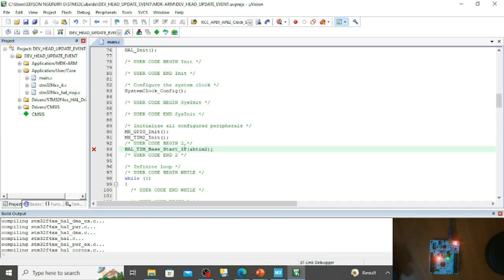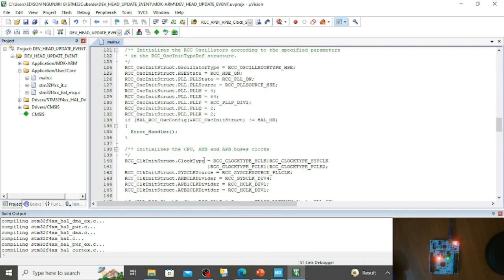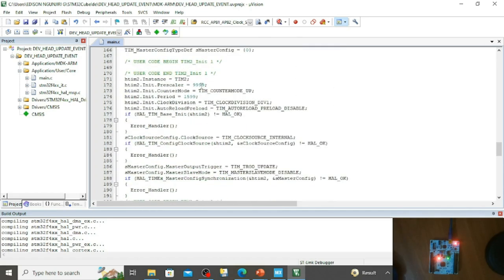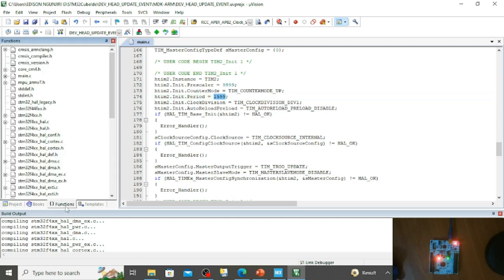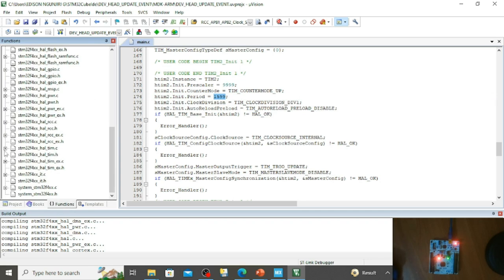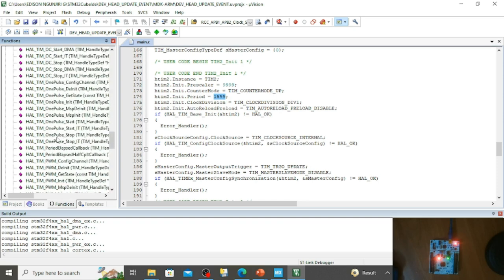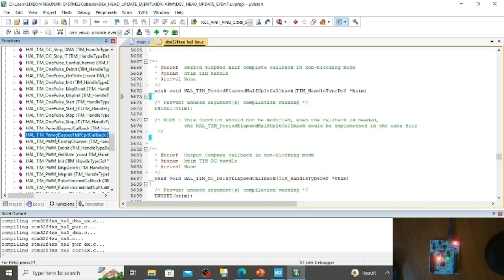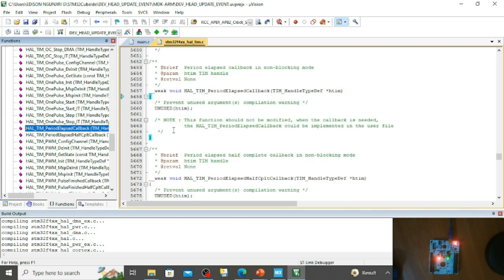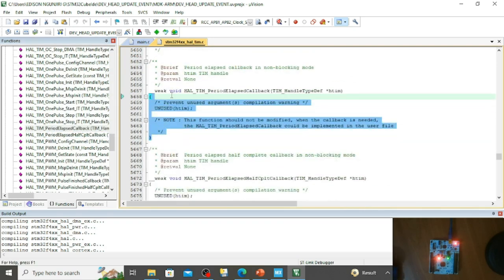Okay, and we're going to start our timer, and then when the count value of 1599 is reached, we shall have a callback that will notify us that the count has elapsed, and we can find these in the stm32f4xx_hal_tim.c. So let's go to HAL timer period elapsed callback. So I'm going to copy this,